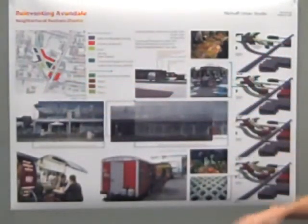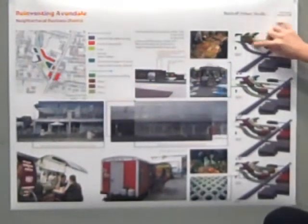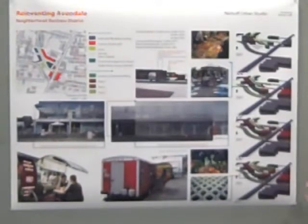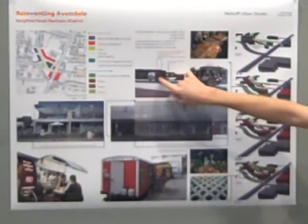And then in the red, right here, I guess you can see it better, is where some new anchors would be, like a food co-op to show the community investment in the area, and then also some, not necessarily retail, but probably some small food commercial type stuff. But primarily the main focus of the first phase is this area right in here, which is illustrated more here